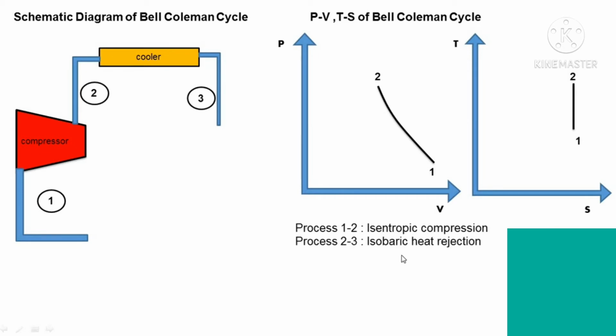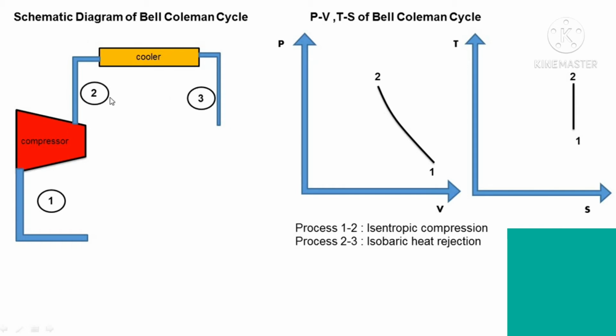and it is also known as the condenser. In the condenser or cooler, the high pressure, high temperature air gets cooled at constant pressure. The warm air from the compressor is now passed into the cooler, where it is cooled at constant pressure P3 equal to P2, reducing the temperature. When the air gets cooled, its temperature is reduced.